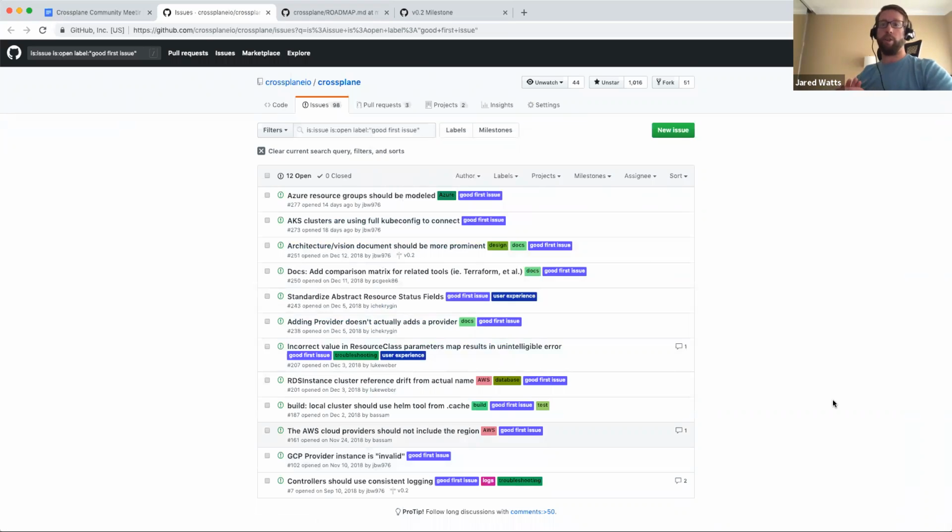Just because it's not in the 0.2 milestone, if it's something you're interested in and you think it would be good to bring you into the project, go ahead and start working on it, or talk to us, leave a comment on the issue, and we can assign it to you and help you get onboarded on figuring out how to tackle that issue. But there should be a fair amount of these that would be good.